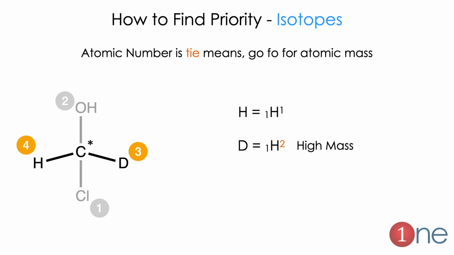Now how do you find the priority in the case of isotopes? Isotopes have the same atomic number and different mass numbers. Here I have shown that the third and fourth are a tie, because the third is also hydrogen and the fourth is also hydrogen. Deuterium is nothing but 1H2. Hydrogen, everybody knows, is 1H1. So in this case how will you decide? If there is a tie in atomic number, you can either go to the next atom or go by mass number. Here you go by mass number because there is no next atom. So deuterium has the higher mass number, so we give it priority 3 and hydrogen gets the least, 1. So remember, if there is a tie, you go to the next atom or you go by atomic mass.